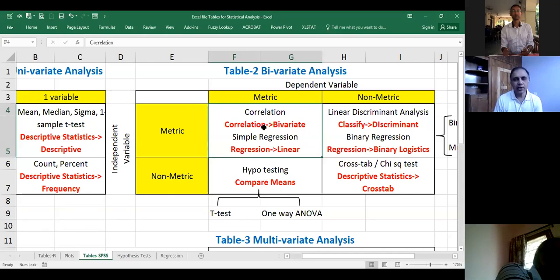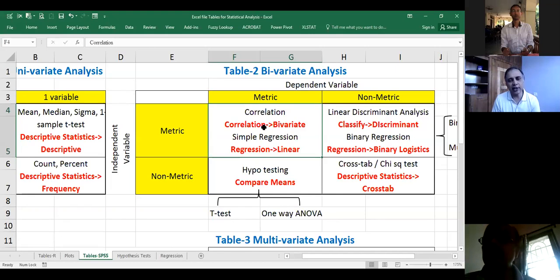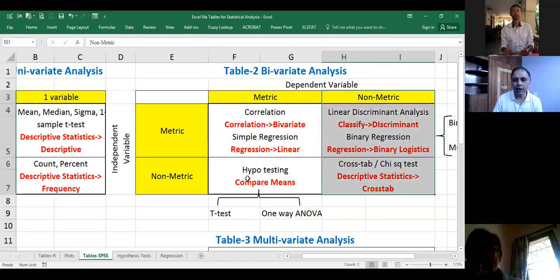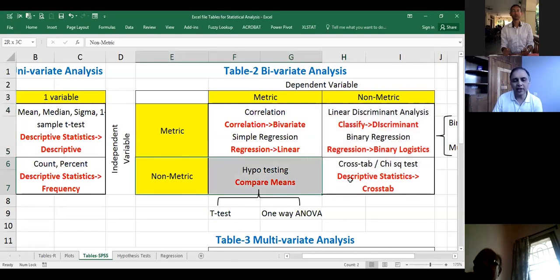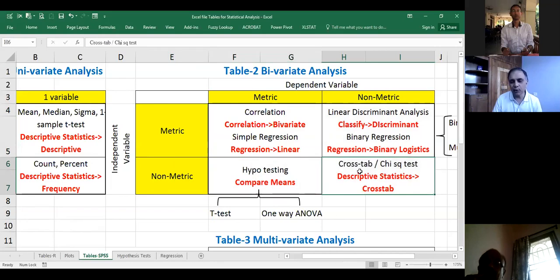If I decide to ask the question like, your marks, first division or second division. Now can you see what type this is? First division, second division? It's a binary question with ordinal measurement, and ordinal is called non-metric. Now suddenly I will come into this zone, non-metric. And how did I measure my stress? I asked, are you in stress? Yes, no. That means my independent variable got two categories, and that's again non-metric. Now in this case, I come to the cross tab and I will apply the chi-square test.